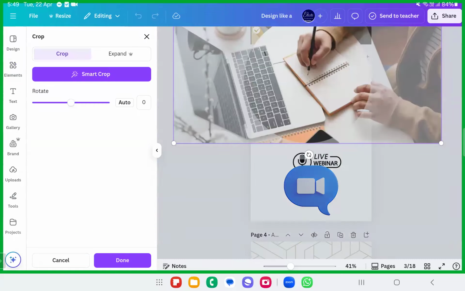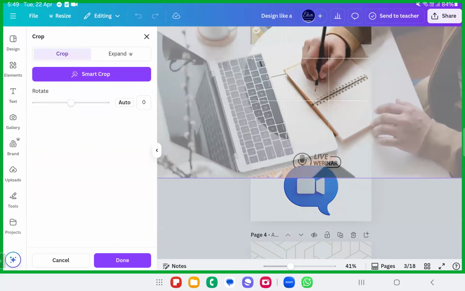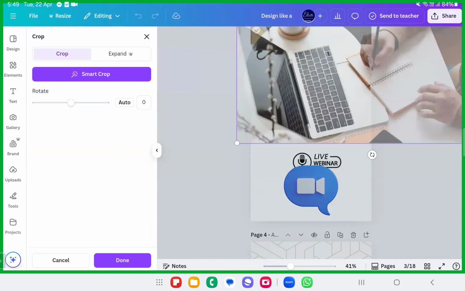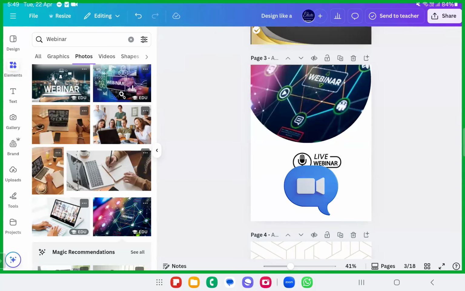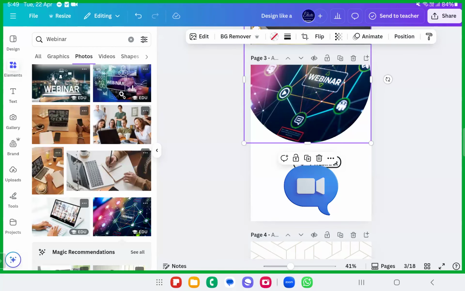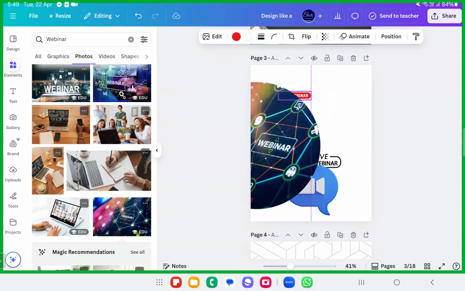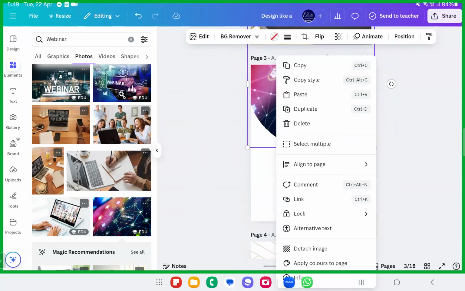This photo, I can crop it over, whichever part I want, or I can go ahead with this one, whatever, dear sisters and brothers. Whatever feels good for you, go ahead with that webinar photo. This is fine for me. I'll go ahead with this one. I'll just remove this out of frame. I'll just put it in this regard, webinar.